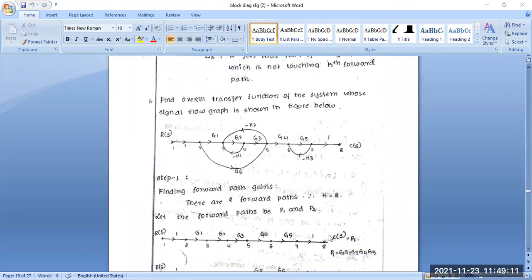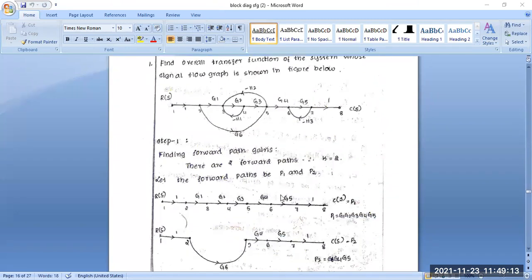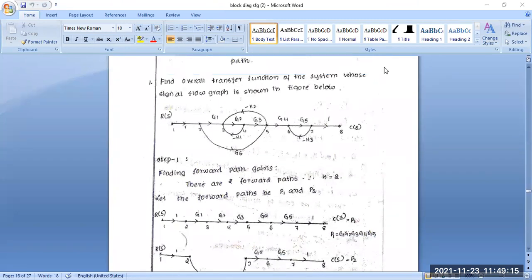Up to this part, are all of you clear? Because in this part we have covered the introduction of the signal flow graph method. What are the applications? What are the different terms of the signal flow graph method? What is signal flow graph algebra? What is the basic formula we have to use? That is the Mason gain formula. Up to this part, are all of you clear?